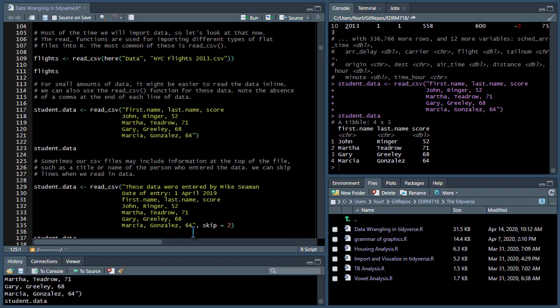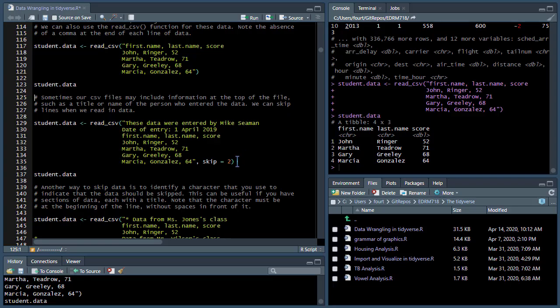Sometimes our CSV files may include information at the top of the file, such as a title or name of the person who entered the data. And you don't have to go and change your CSV file. So if you have an Excel file and someone put a title at the top, or even you put a title at the top, you don't have to go and strip that out before using read CSV. Here's how you handle it. You just tell it how many lines to skip. You see right here at the end,